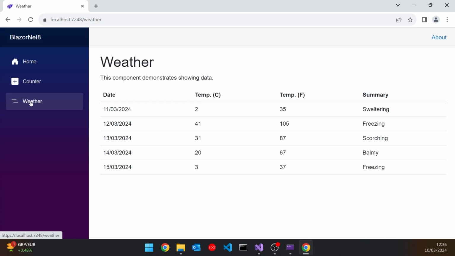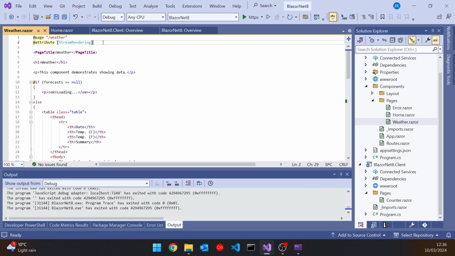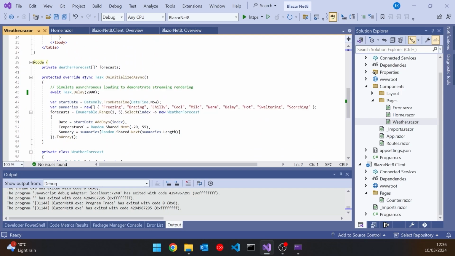And that was quite impressive because it updated the page even though we've said this is a static page and there's nothing running on the browser. And that's done using this neat little feature, which is we've got this attribute on the page of stream rendering. And that means although all the work of the rendering and generating the HTML is done on the server, it's done in 2 phases. And you can apply this stream rendering attribute to any server-side generated page that has async functionality, and in this case, most obviously in the on-initialized async.